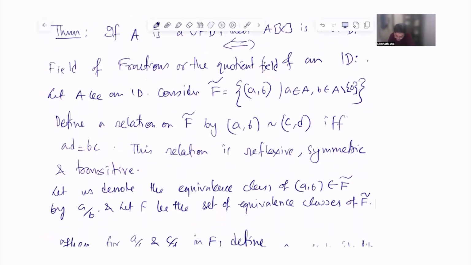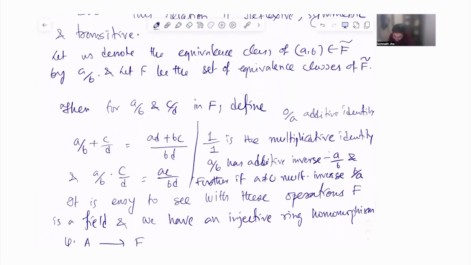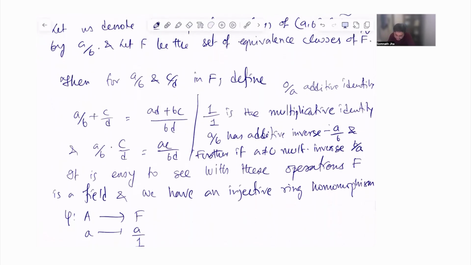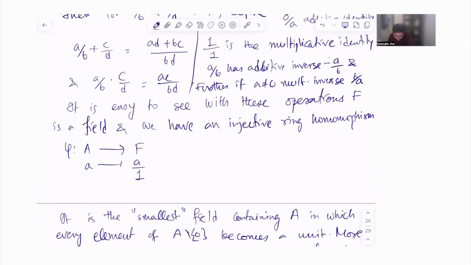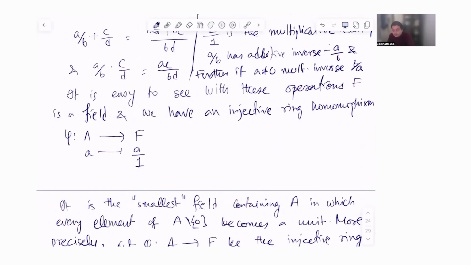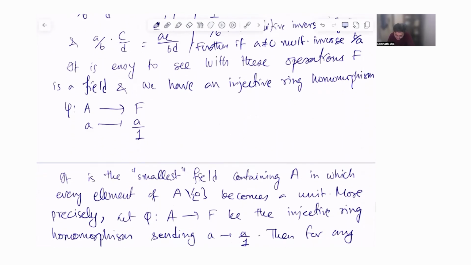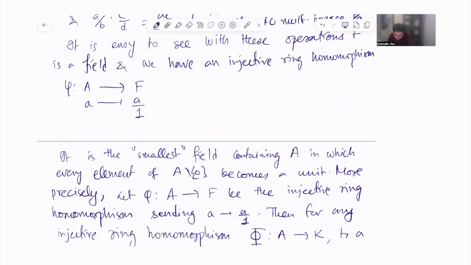And so with these operations, this becomes a field, and we have an injective ring homomorphism from A to F by sending a to a by 1. Okay. And this is the smallest field containing A in which every element of A minus 0 becomes a unit. More precisely, if i from A to F is the injective ring homomorphism sending a to a by 1, then